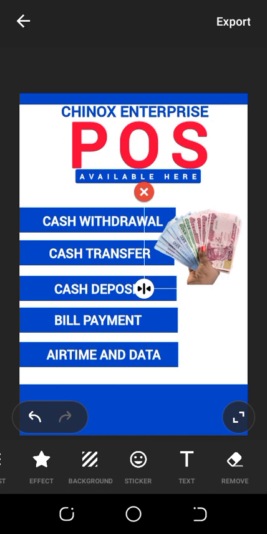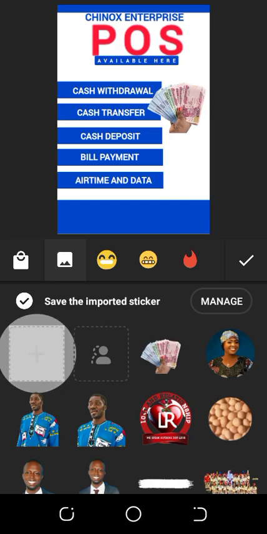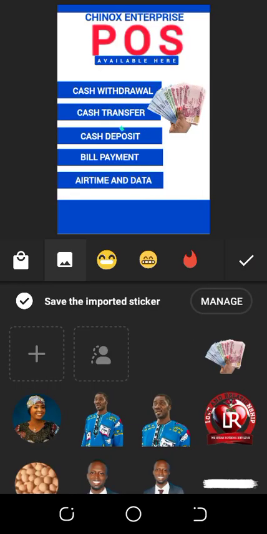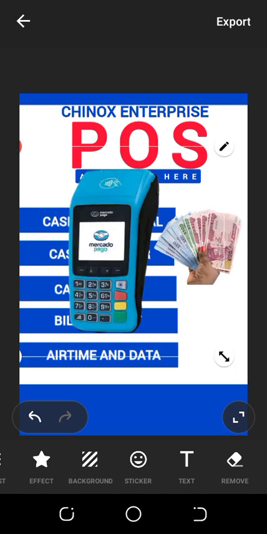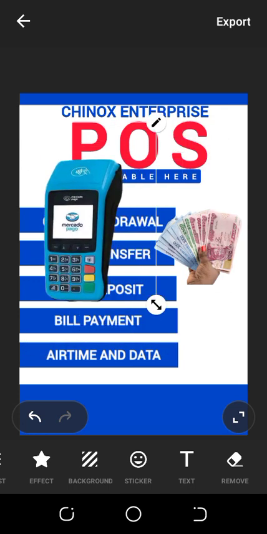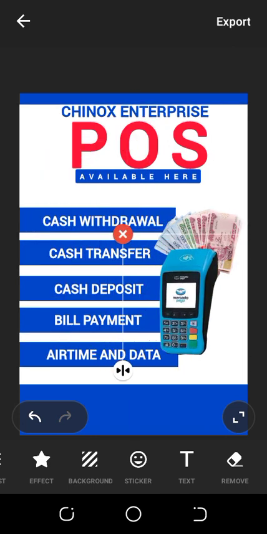Okay, now I will still click on sticker so that I'll go and get my POS machine. I'll still click on this plus because I've told you I've already removed their background. So I'll click on this icon, this POS machine, this thing is good. So I'll click on done. Why we always use pictures is because people that don't know how to read, once they just see the machine, they know that this one is POS. You understand? So I'll bring this machine here,